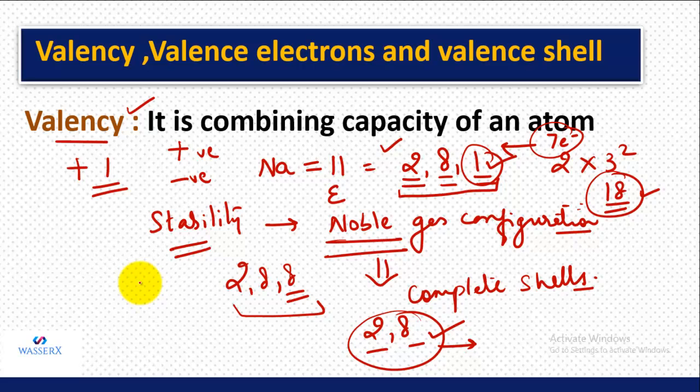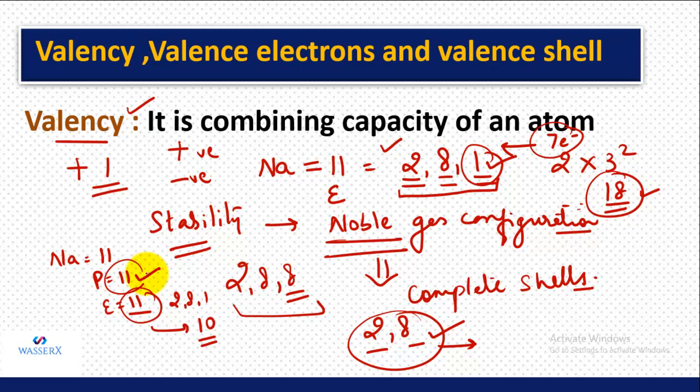Now what is the reason? See, sodium has atomic number 11. That means protons are 11 and electrons are 11. But when it is losing its 1 electron, now the electrons will become 10, right? And the atom will become an ion, right? Because protons and electrons will no longer remain the same. So in this case, 1 positive charge will be more. 1 proton is more in an atom. That means 1 positive charge is going to be more for an atom.